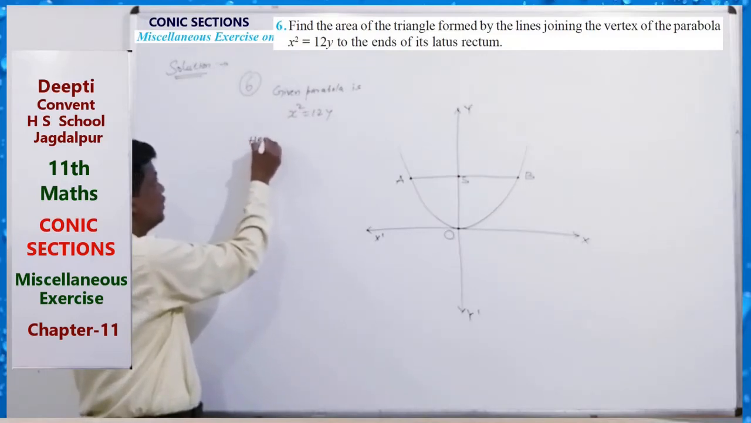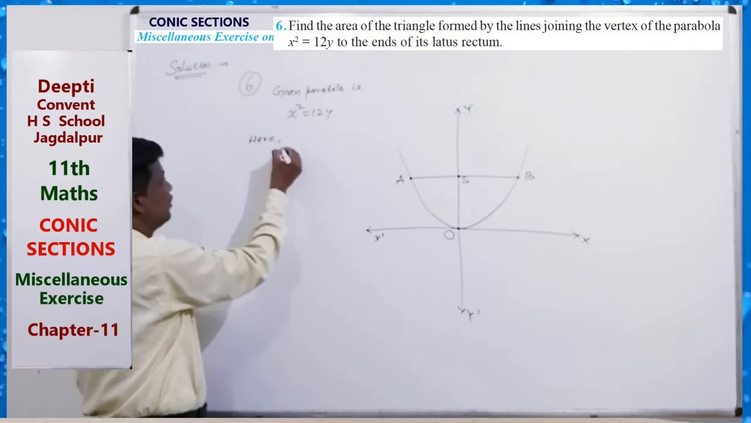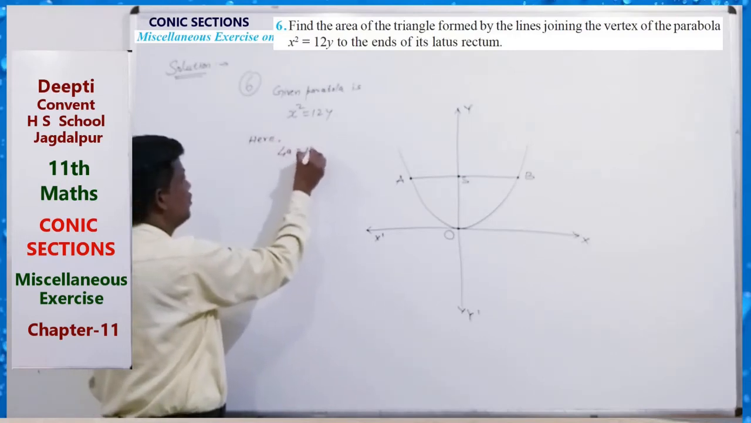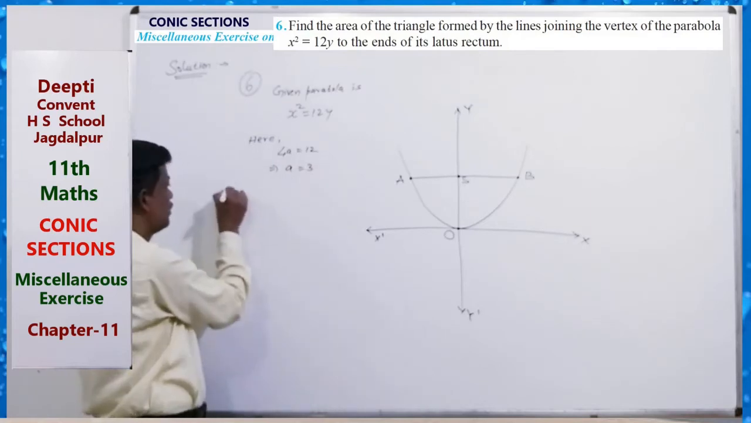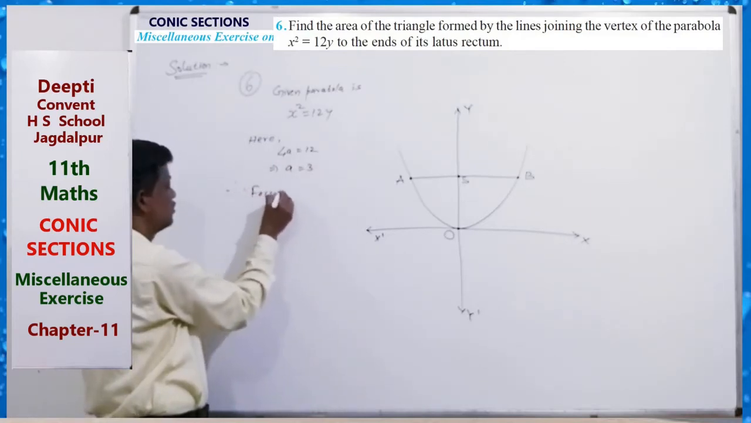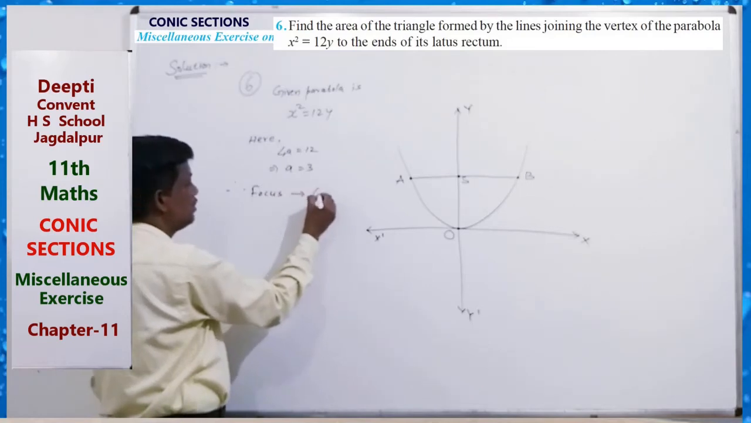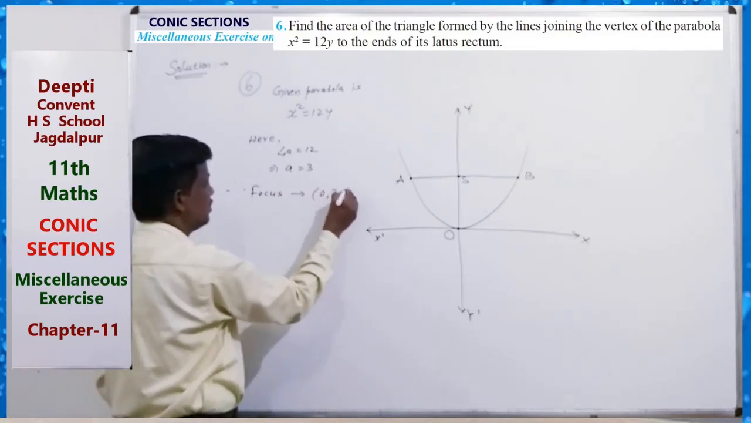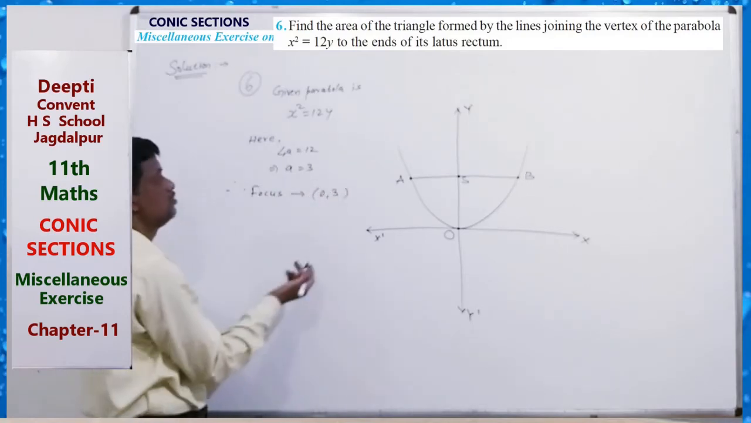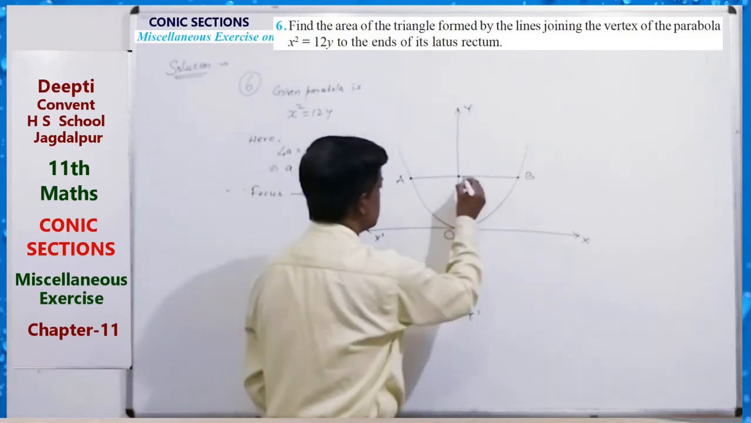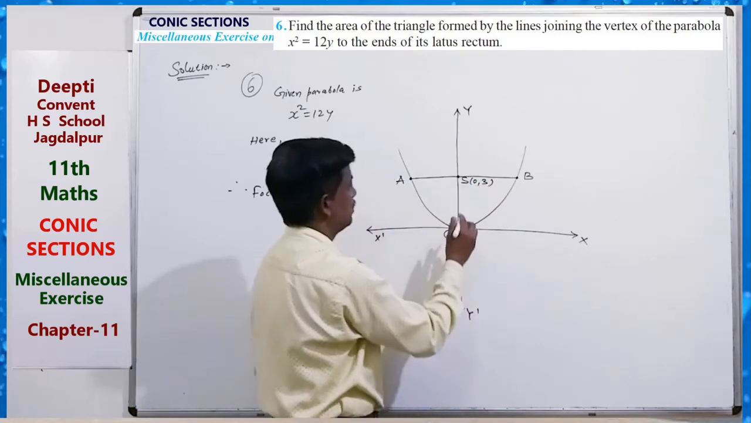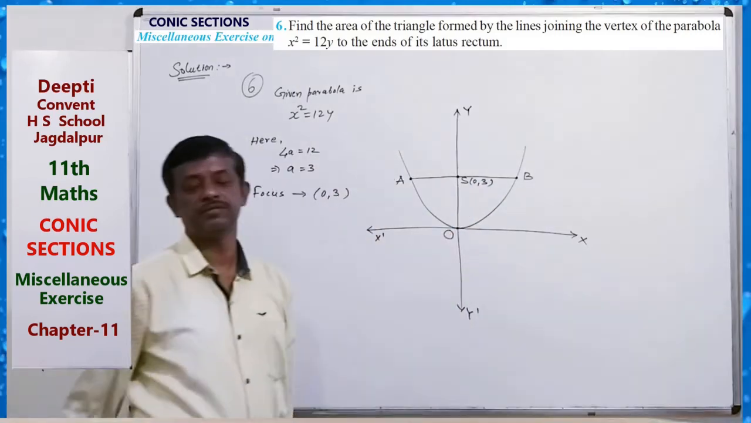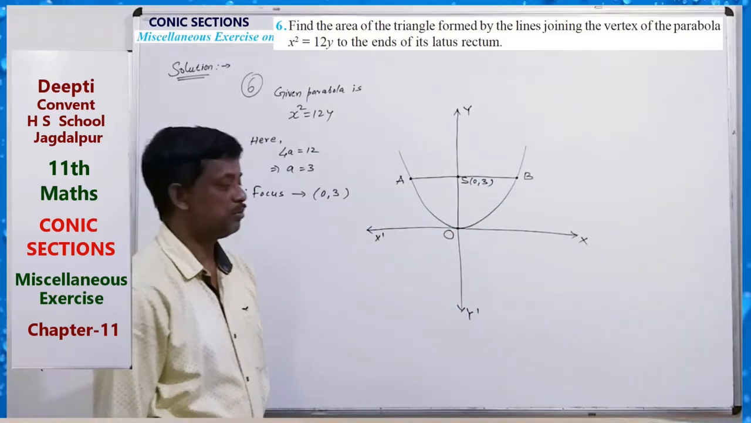Here 4a equals 12 gives a equals 3. Therefore the focus is what? 0, 3. So this is 0, 3. That is, this value is 3. Now we have to find the